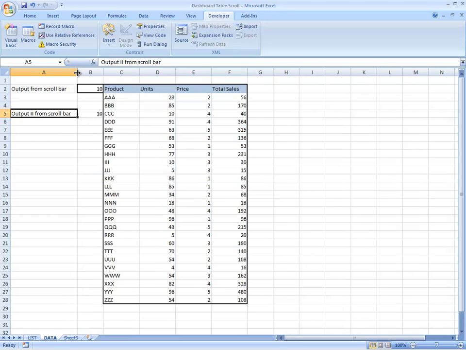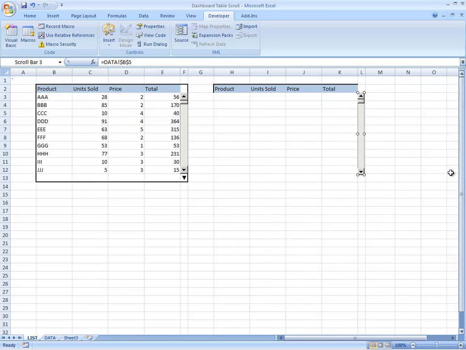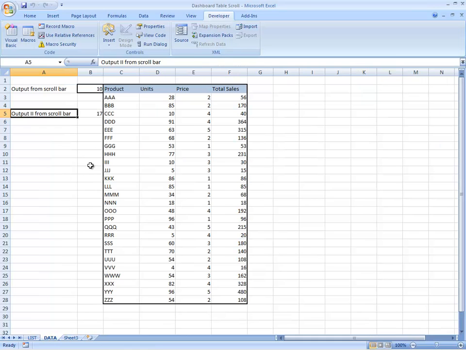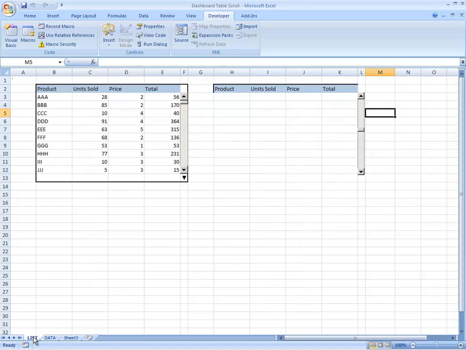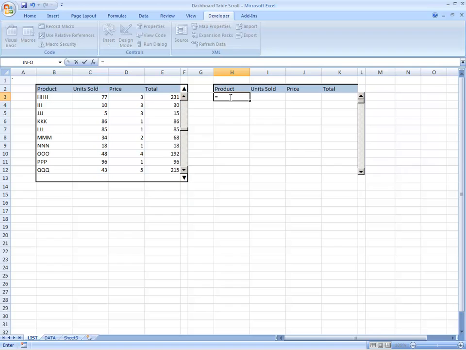Okay, so what we see is that when we move the item on the scroll bar here, that number actually changes. So we can use that to help us identify which products that we want here. So if we say equals offset, and then the first